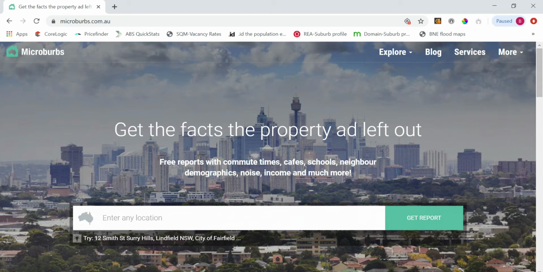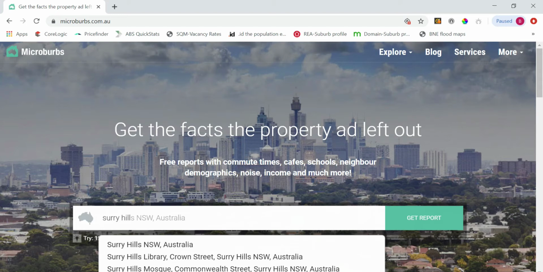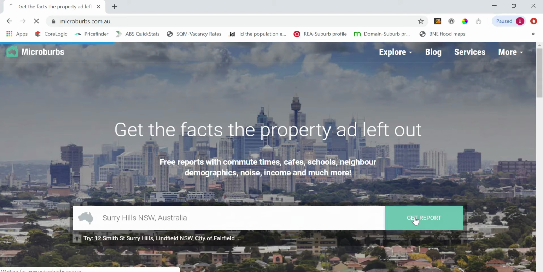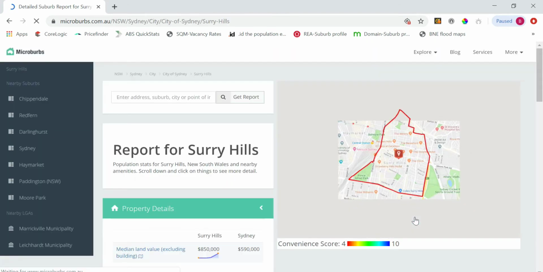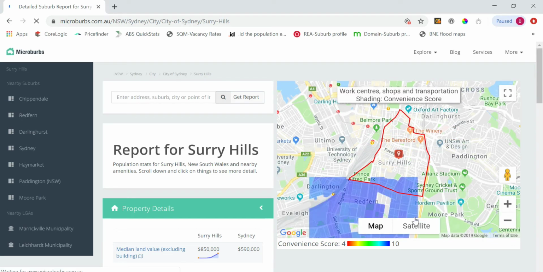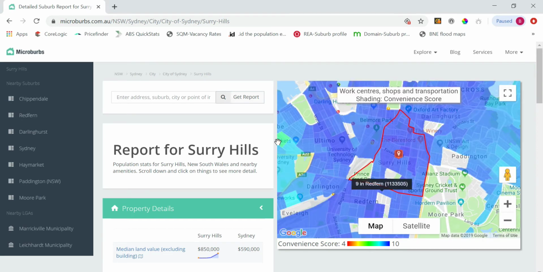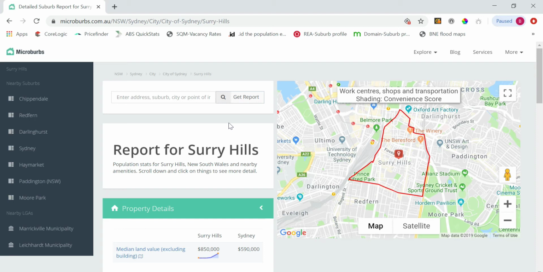Basically, we can type in any property in Australia, or we can type in a suburb. In this example, I'm just going to go for Surrey Hills in Sydney, inner city Sydney there, just to give you a really quick overview of what you can find here on Microburbs. This is all for free. There is a paid service that you can look at for other stuff as well, but I found this to